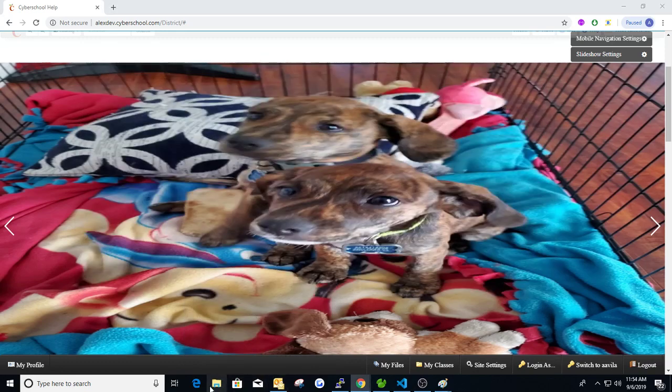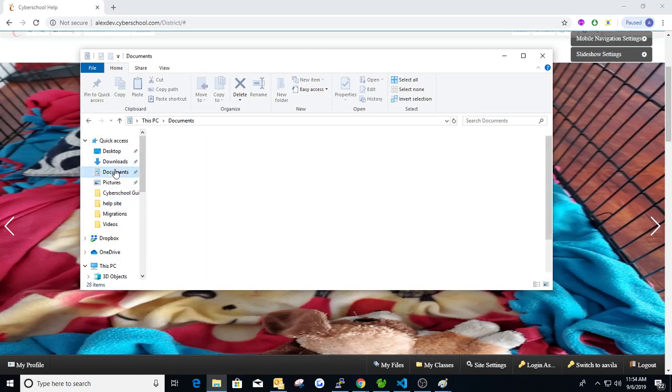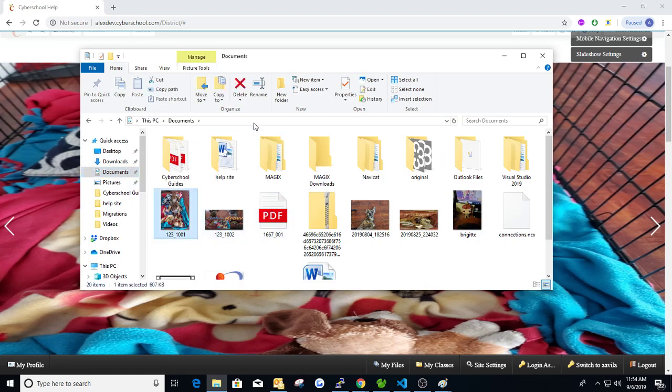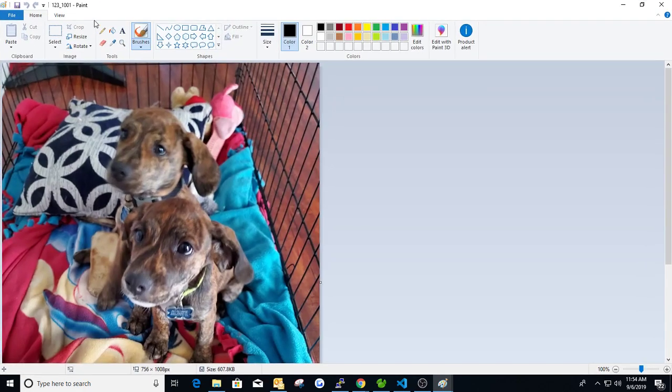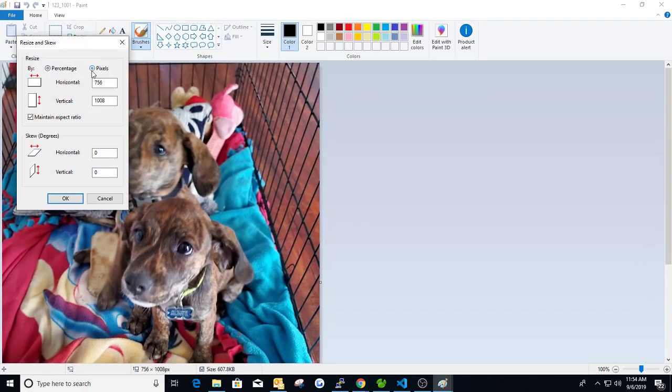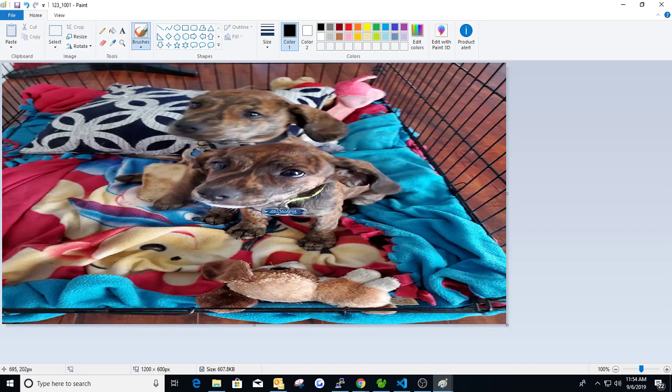So let's go ahead and open that up in Paint again. So we want 1200 by 600. Click OK. We're seeing this distortion as well,